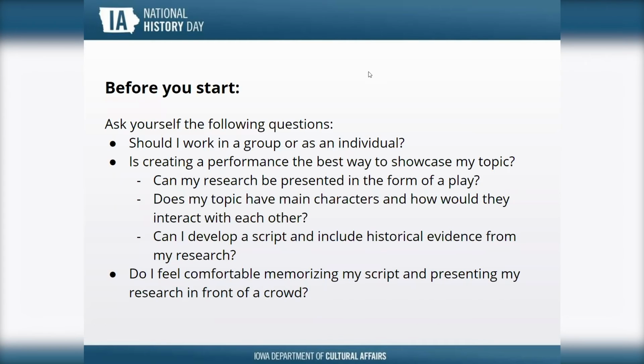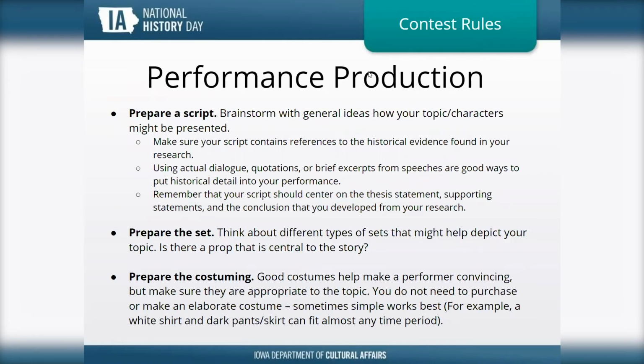That is great advice. All right, so let's go into the performance production. So first step, preparing a script. We're brainstorming general ideas on how your topic and characters might be presented. You want to make sure your script contains references to the historical evidence found in your research. Using actual dialogue, quotations, or brief excerpts from speeches are a good way to put historical detail into your performance. Remember that your script should center on the thesis statements, supporting statements, and the conclusion that you developed from your